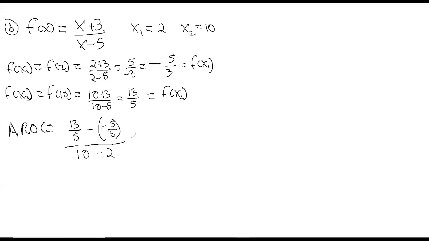I'm going to go ahead and fix up that double negative. So that's 13 over 5 plus 5 over 3, then all over 10 minus 2. And I'm going to do something extra as well here. I'm going to write that 10 as 10 over 1, and this 2 is 2 over 1, because we had